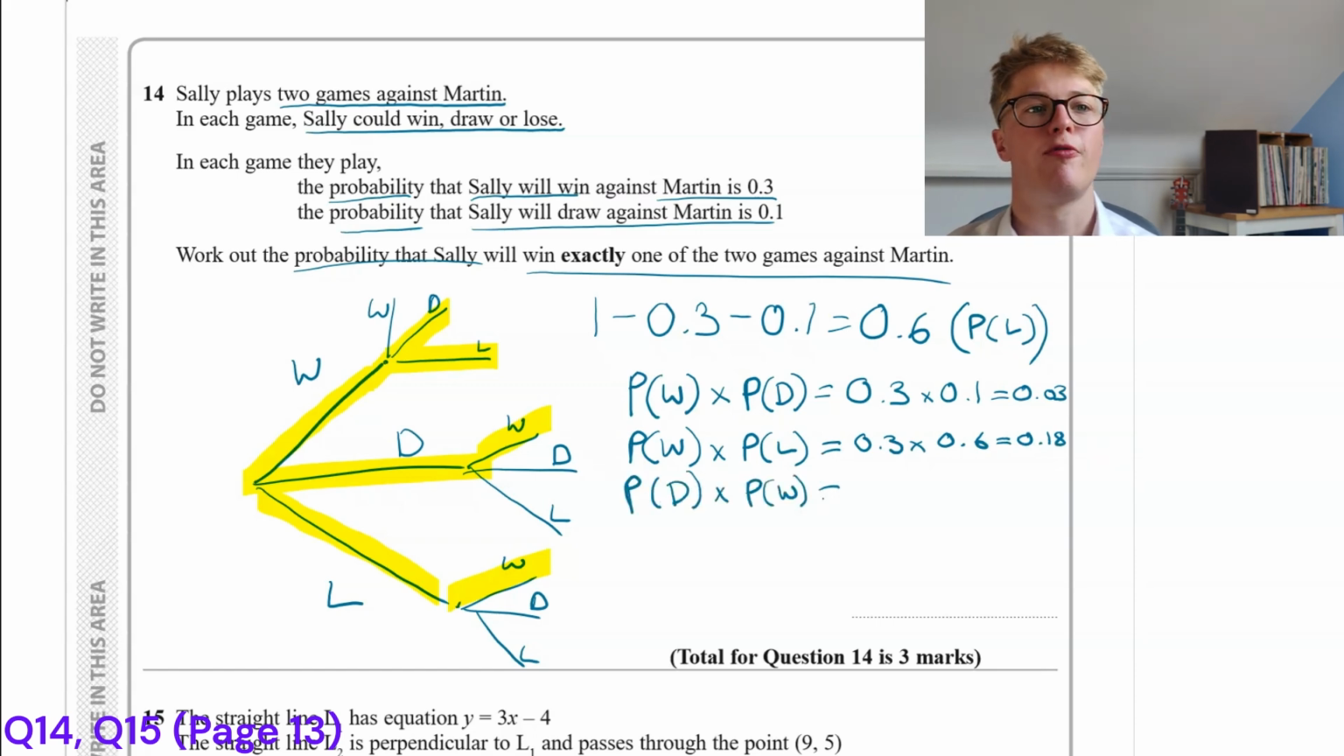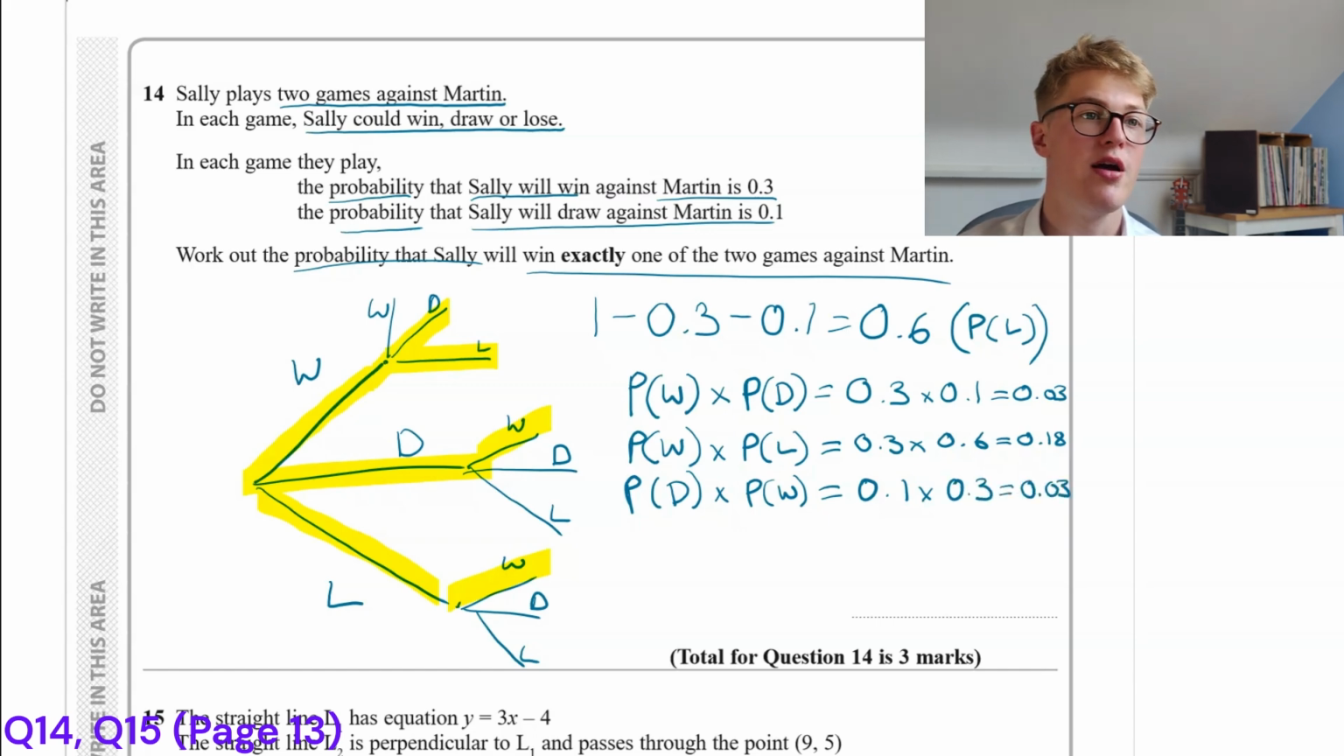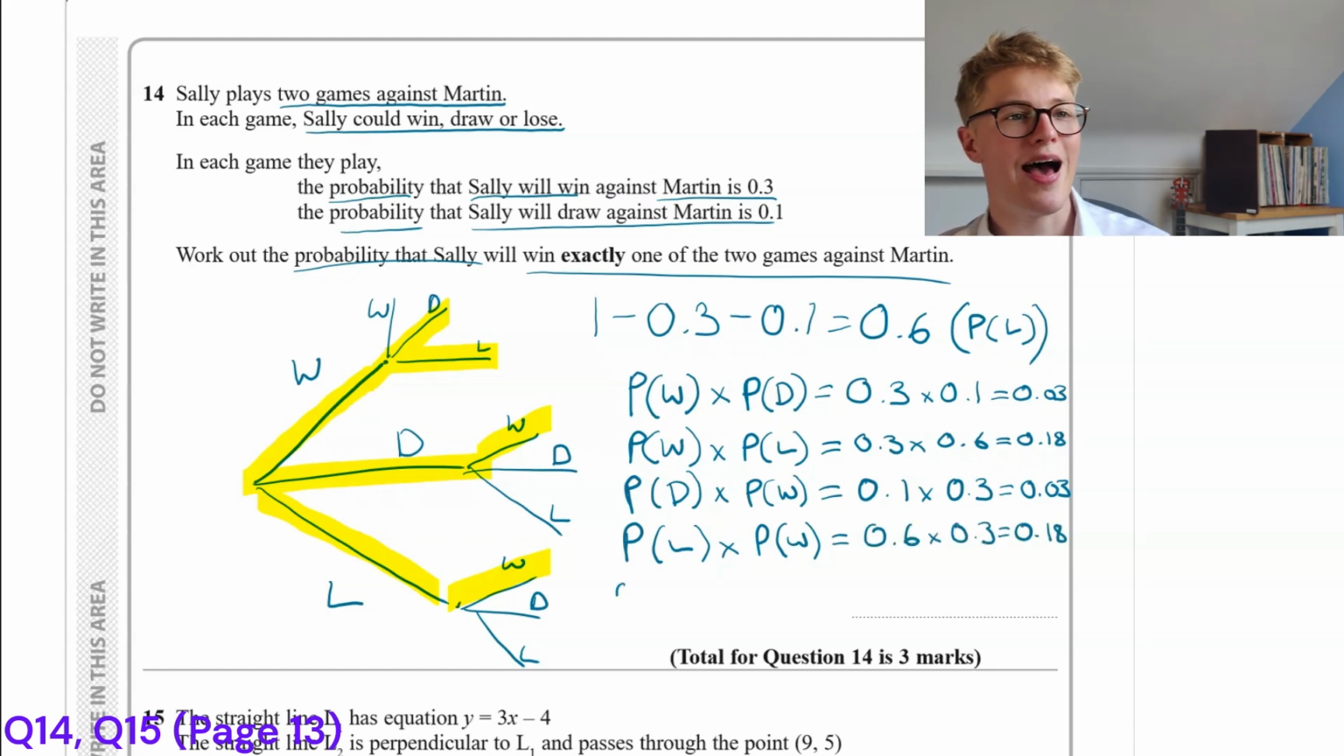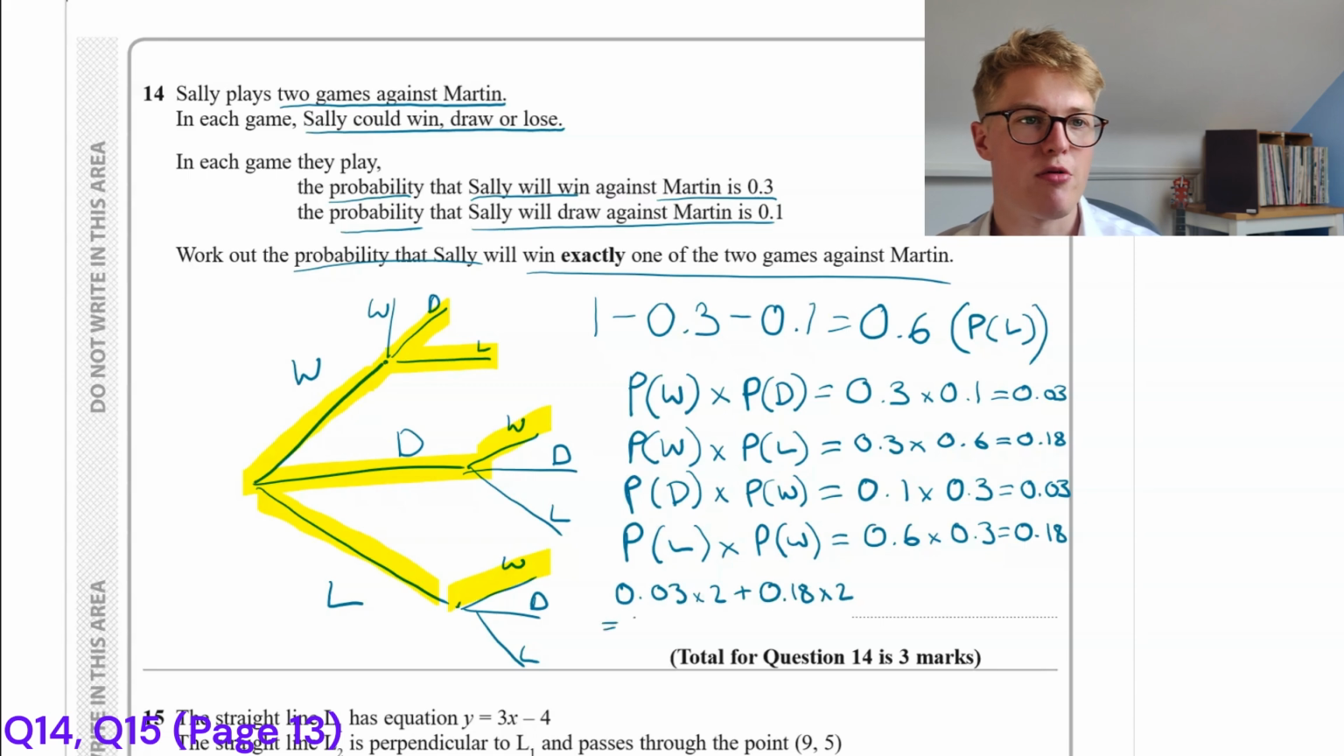The probability of a draw followed by the probability of a win is going to be 0.1 times 0.3, which is 0.03. And the probability of a loss followed by the probability of a win is going to be 0.6 times 0.3, which is 0.18. We then add all of these together and we end up with 0.06 plus 0.36, and that gives us 0.42